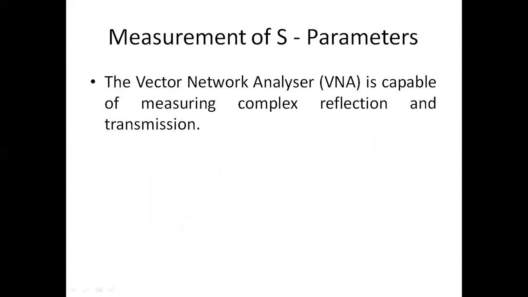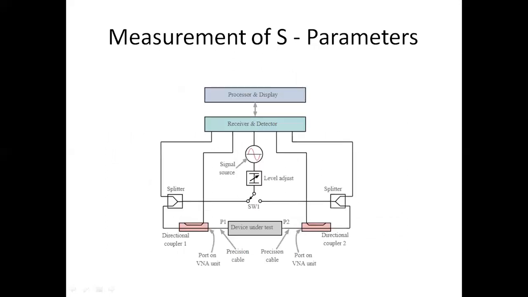So the measurement of S parameters is done using a vector network analyzer. It can measure the reflection and transmission of the network. So this is the setup for the measurement of S parameters. The processor and display is used to process and display the S parameters on a screen. The receiver and detector is used to receive the reflections as well as the transmissions that are emitting from the